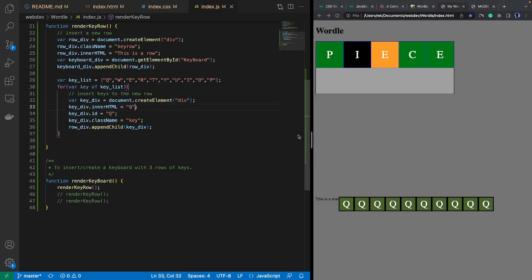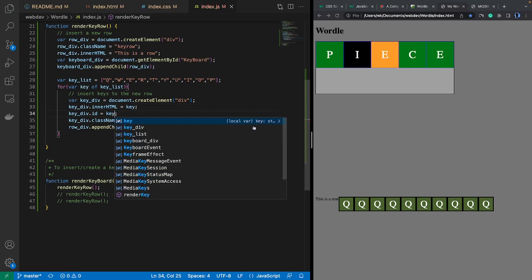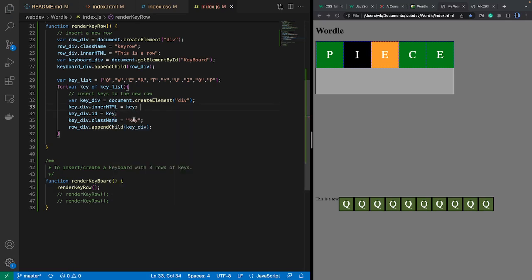So if we want to show the actual letter that is on the list, we need to change the code a little bit. So instead of Q, we should put key, without the quotes, because key is a variable in the loop that references each letter at a time, in each iteration. So this is a variable that keeps track of which letter I'm on. And once we have done that for the inner HTML, for the ID, save it and refresh it and see,